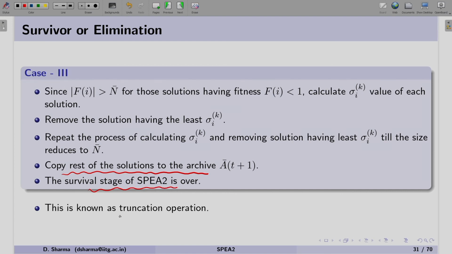The operator which we have discussed for case 3 is called the truncation operator, where we are removing the non-dominated solutions one by one based on sigma ik. A lower value of sigma ik signifies that this particular solution is more crowded, and therefore it should be removed.